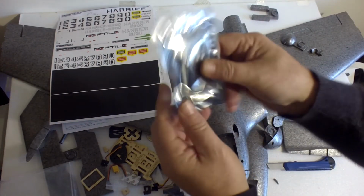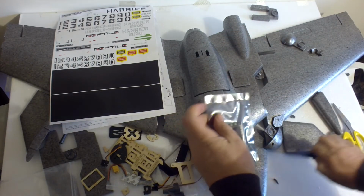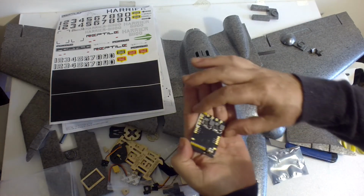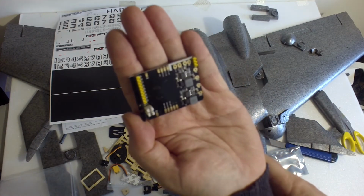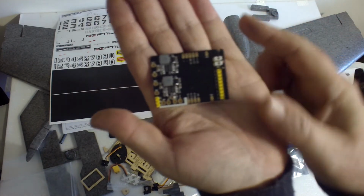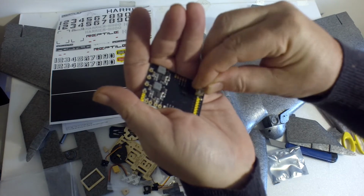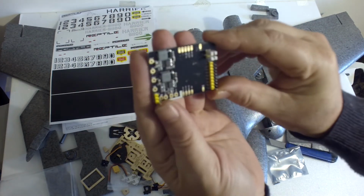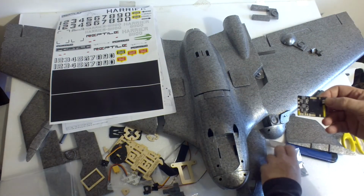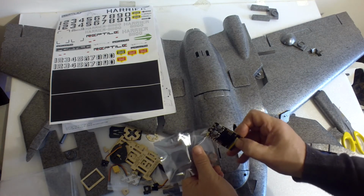And there's a little PDB, which not sure if I'll be using that, because I think I'll probably be going iNav, but a couple of becks on there by the look of it. Well, these couple of little jumpers, yeah, a couple of little jumpers for obviously different options. I'll have to have a read up on that. So anyway, there's the S1100 Harrier,